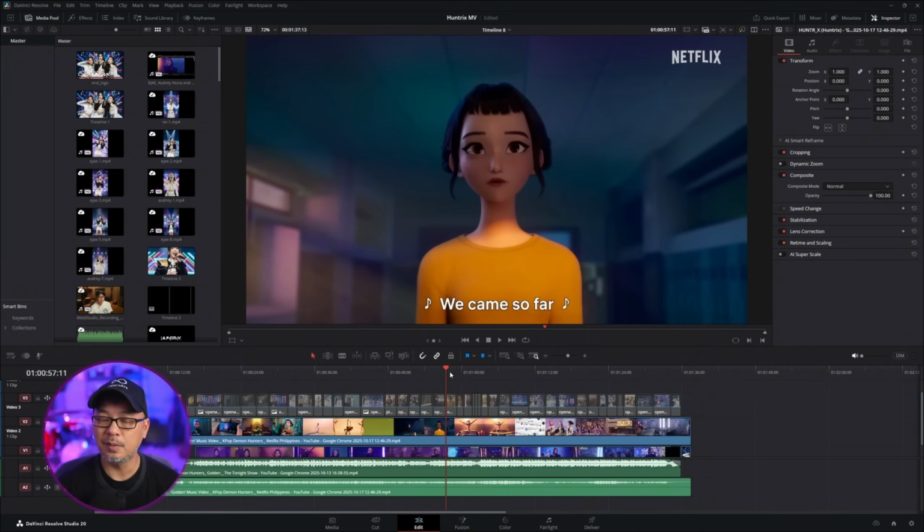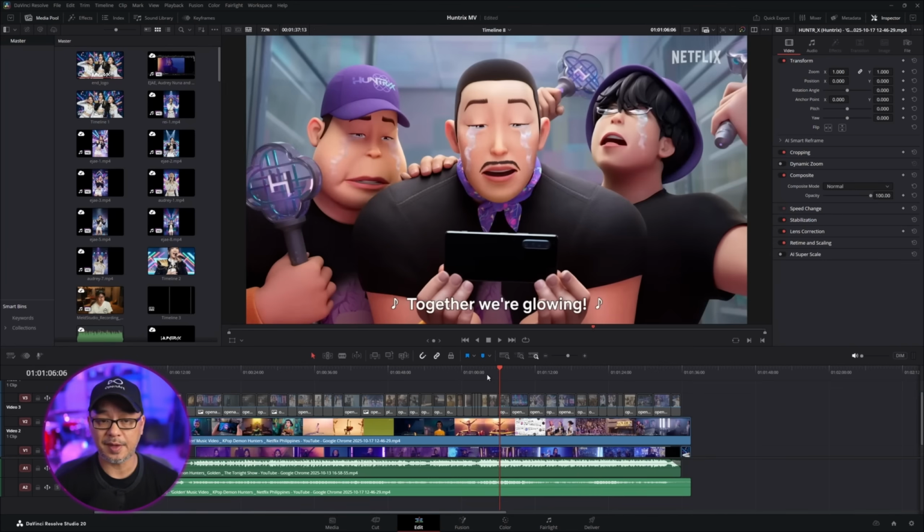Not that it's cheating, but I wanted to figure it out on my own. Let's start with a simple example. This scene is really hilarious, and I wanted to make sure I included it as part of the B-roll. Basically, they're watching the Huntrix perform, and they're crying, and it's 3 men. So what I wanted to do is recreate this, but I also wanted to give it my own